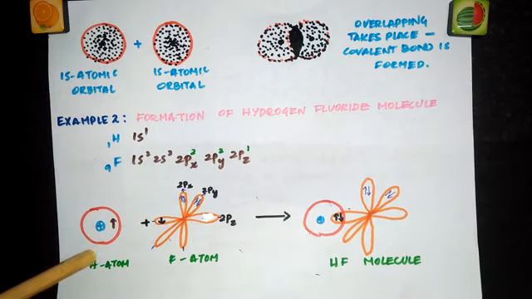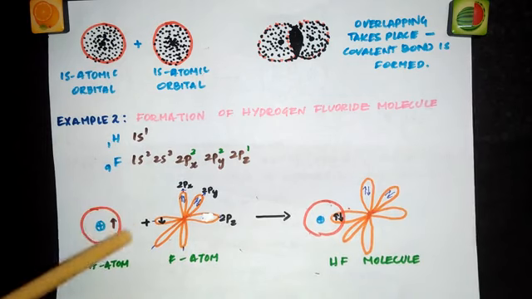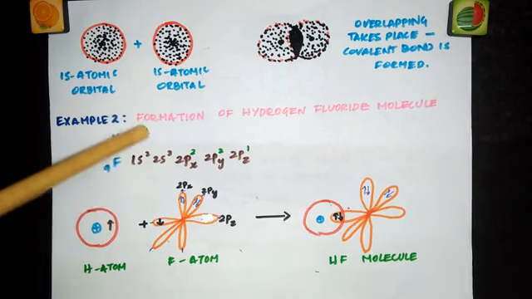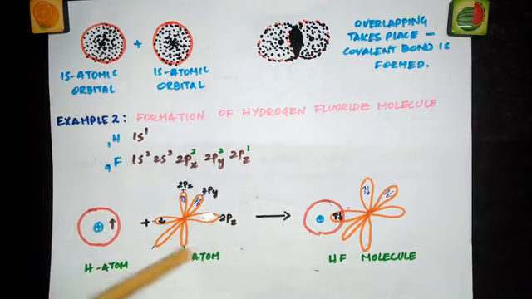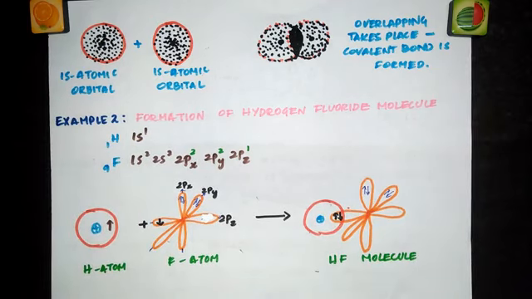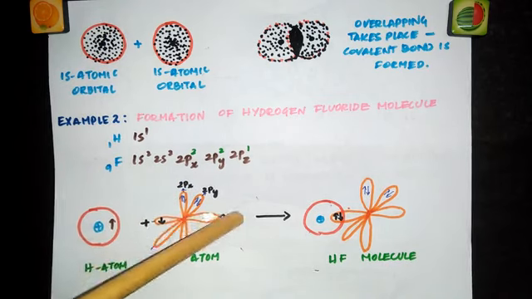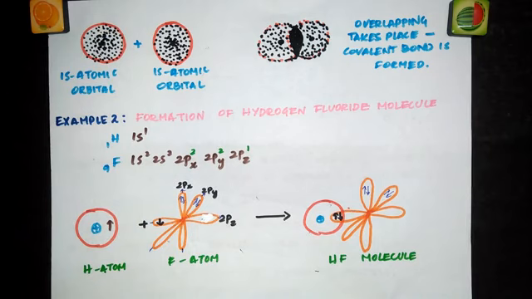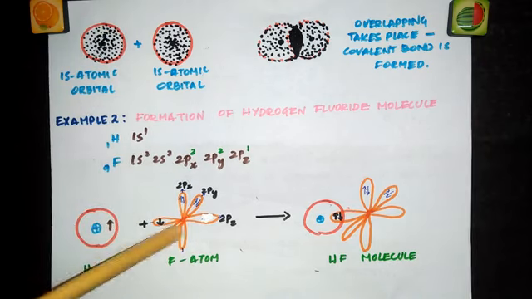So now I've taken the hydrogen atom having one electron. So this is the s orbital of the hydrogen atom, 1s1, so 1 electron here. And this is the 2p orbital of fluorine atom. See, we have 2px, 2py, 2pz. We know p orbital is dumbbell shape, so we are having three different orientations. So I've drawn it like this.